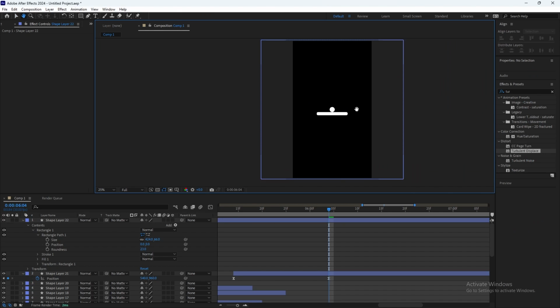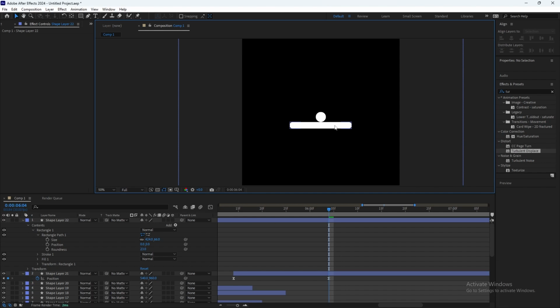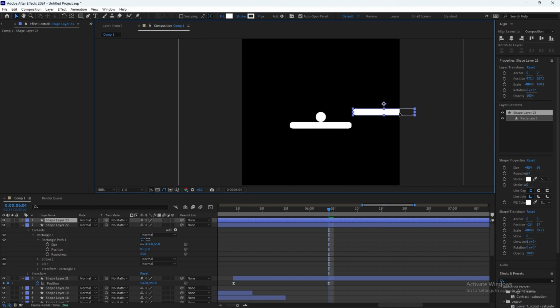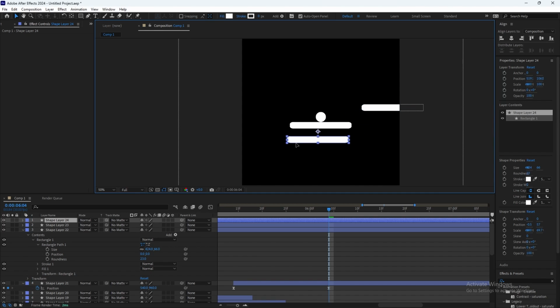Yeah, okay. So now when you've got the flow you want, just click Alt and you can just Control D and move it to anywhere you want. Make it look good.